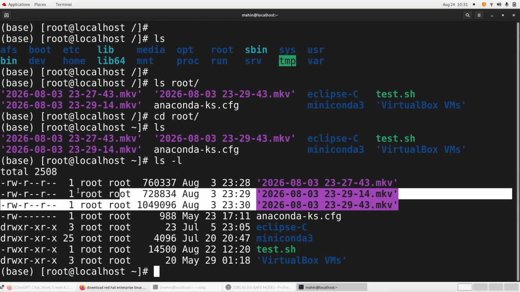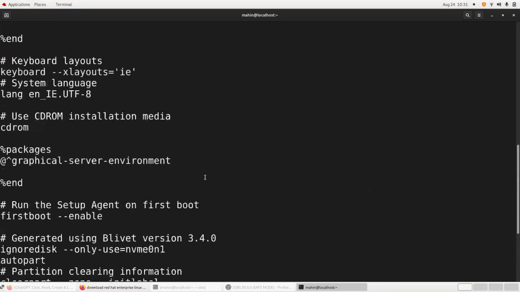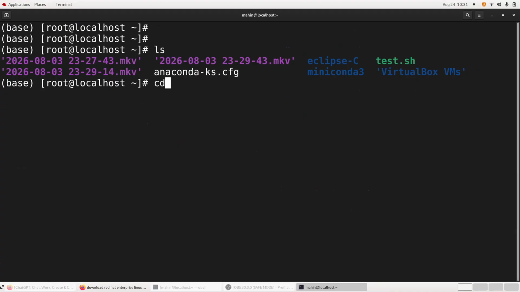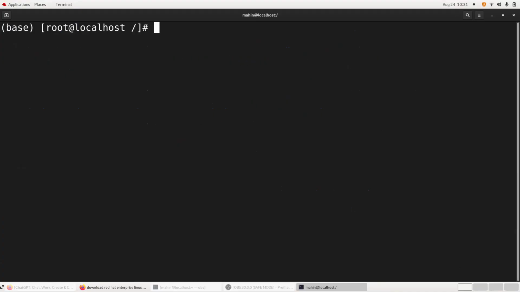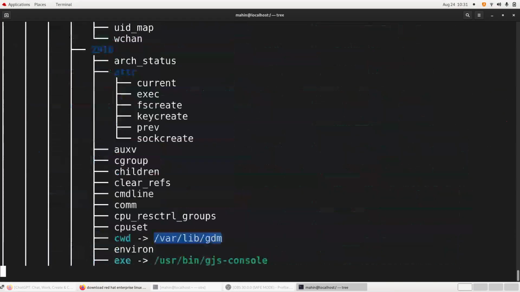This is a video file. Actually this should be here, a configuration file, cat, and okay, this is the configuration file. Anyway, ls, cd. So this is the main folder in Red Hat Linux. You can see if you type